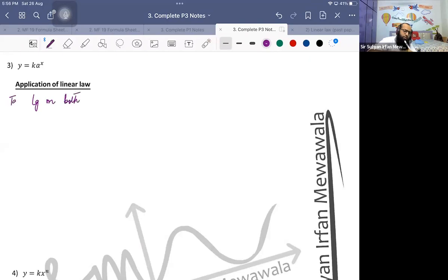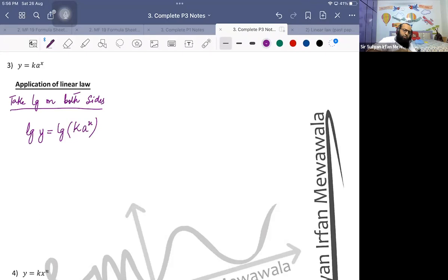Take LG on both sides. Taking LG on both sides. Okay, so let's take the LGY equals LG